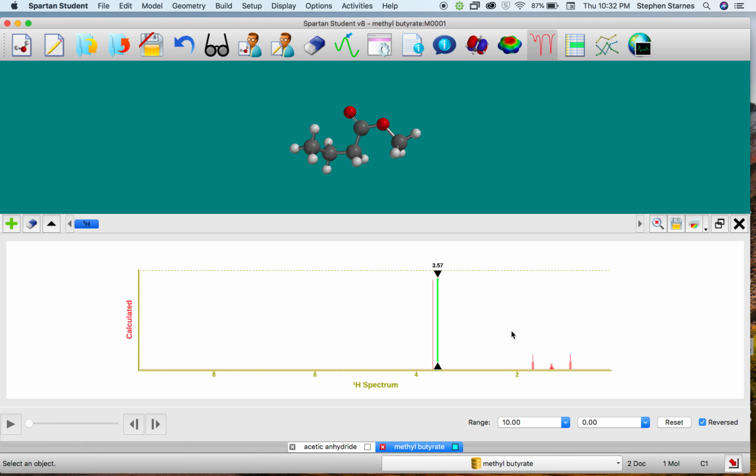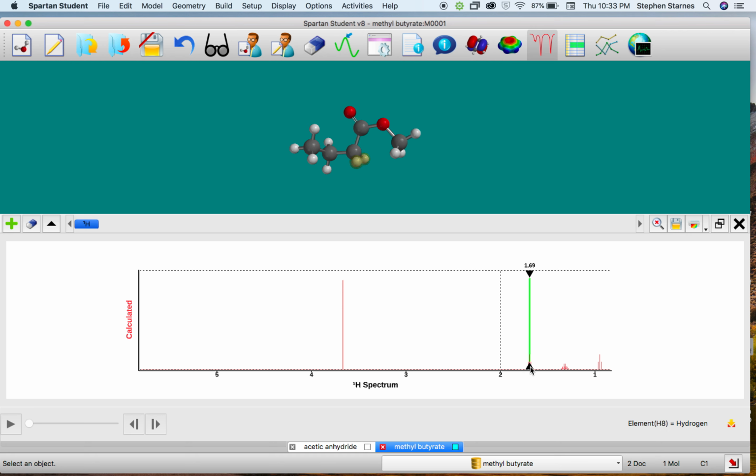And then if we zoom in here, you can see that here we have a triplet and another triplet, and this triplet should be the one next to the C double bond O. So it's those 2 hydrogens. And then this should be 6 peaks. So that's for that CH2, and then this one is the furthest away from any of the hydrogens, and that